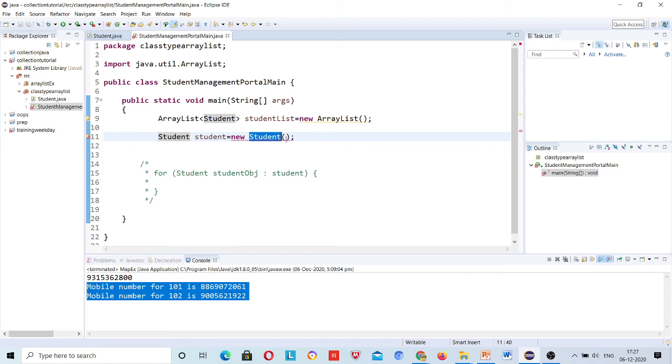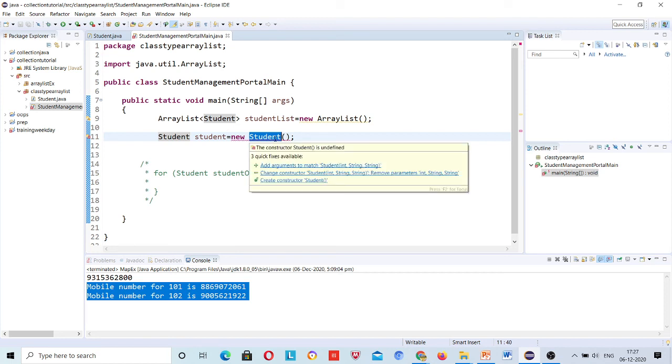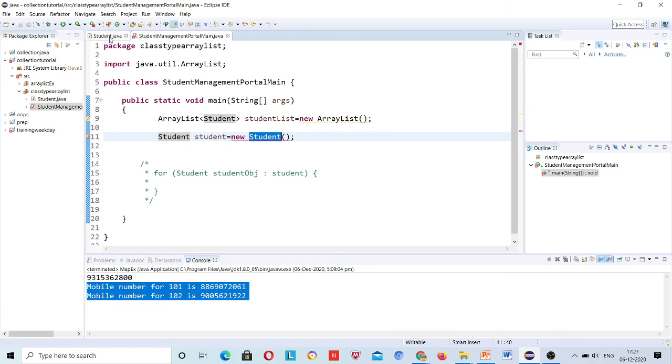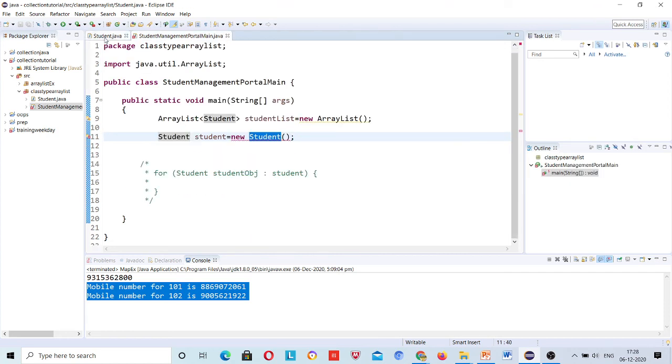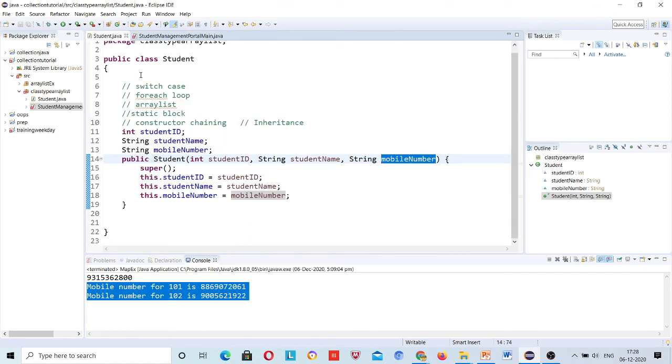here. And how are we adding? Why is this error coming? Constructor chaining we have covered. It is asking for 3 parameters, but we have not given them here, right? So we need to pass them, because this constructor has 3 parameters. Now anybody can say default, but that topic is covered, I will not talk about that. So here 3 parameters are present.